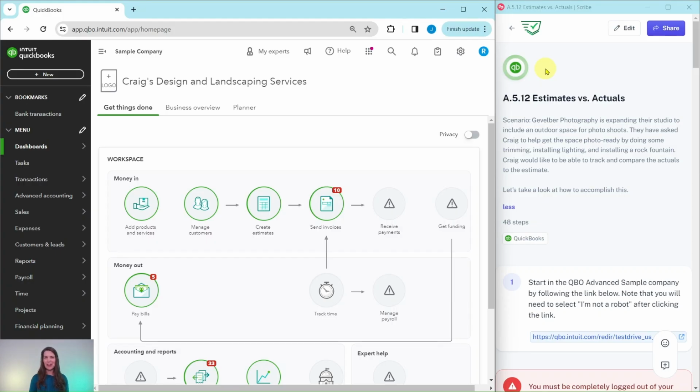In this video, we're going to look at estimates versus actuals. The exercise we're going to follow along with is over here on the right-hand side of my screen, and this